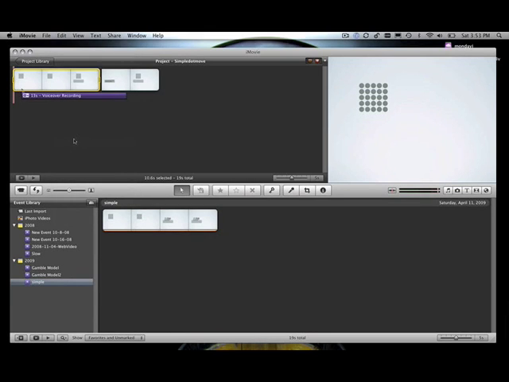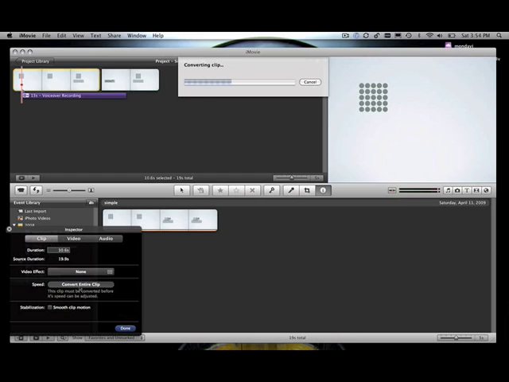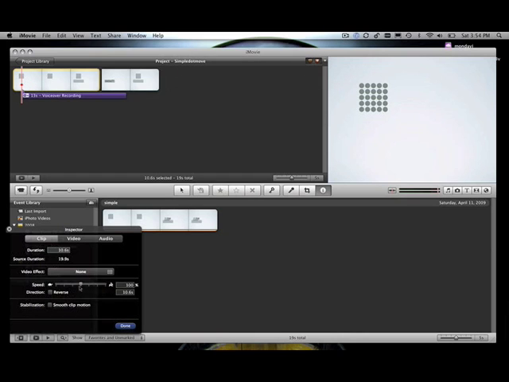Once you have split your clip, you can make speed adjustments by using the pull-down menu on the clip itself. From there, select Clip Adjustments. But before you can make speed adjustments, you have to let iMovie convert your clip. Once converted, you can choose whether you want to speed the video up or slow it down and by how